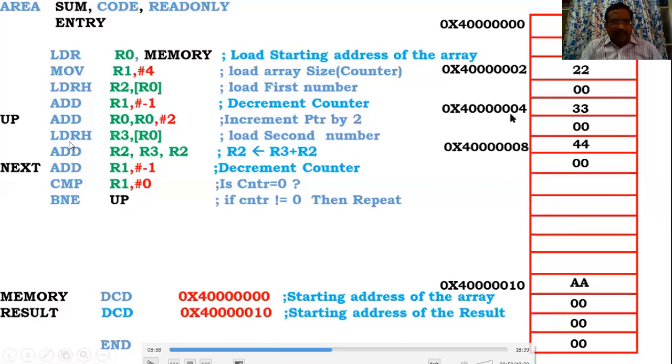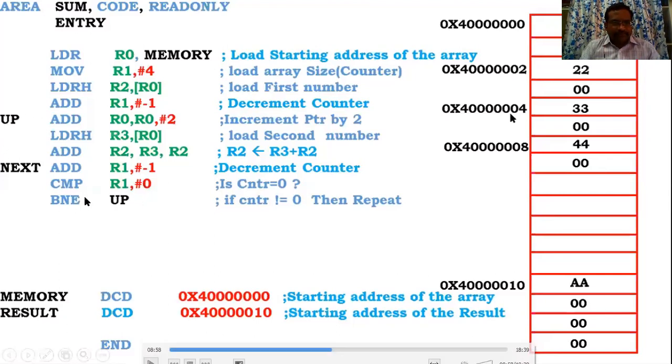Next, this value 0033 that is there, you are loading into R3. Again, add R2. So R2 consists of the previous result. That means 1 and 2 means 3333. Again R3, so that means previous value R2 and present value. That means 0033 you are adding, and the result again you are storing back to R2. Again you are decrementing the counter. Now the counter becomes 1. So is 1 equal to 0? It is not equal. The condition is not satisfied.